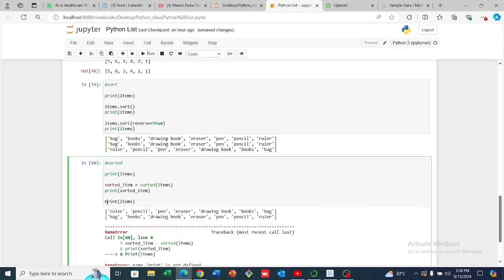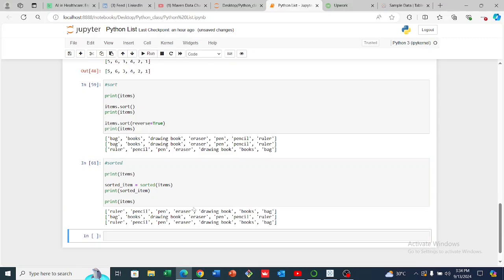Okay, so let's run this. Oh, sorry, always remember to use small letter p. Let's run this. So you could see at the beginning our items list was ruler, pencil, pen, eraser, drawing books and bag. Okay, and when we call the sorted items on it, instead of changing our initial list, which was items, it's just